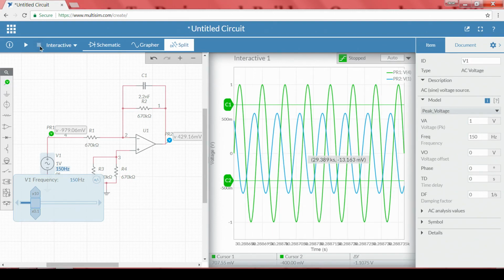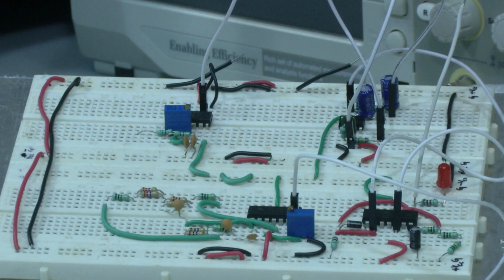Now, we have done the simulation, we will do the same thing experimentally. Since we do not have a frequency spectrum, we will show you how to do the same analysis using our breadboard, with a function generator as well as an oscilloscope, and we visualize the same thing. We will observe at what particular frequency it reaches 707 millivolts.